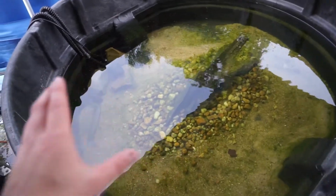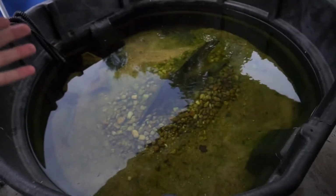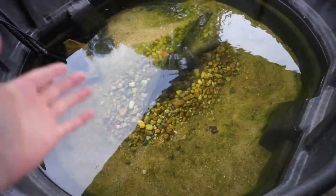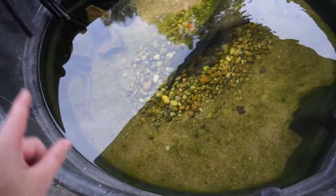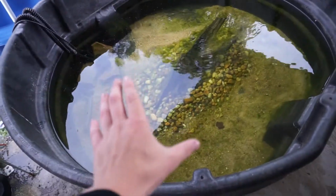However, I didn't know if I was going to have to put a UV clarifier on the pond when I first set it up, because obviously it is under an awning, but it's still getting some direct sunlight, so I didn't know if the water was going to start turning green or not. And it's been over a month now and it still hasn't turned green, but that does not mean that it's not going to grow algae, which it is obviously doing. So I don't think I'm going to add a UV clarifier on the pond,